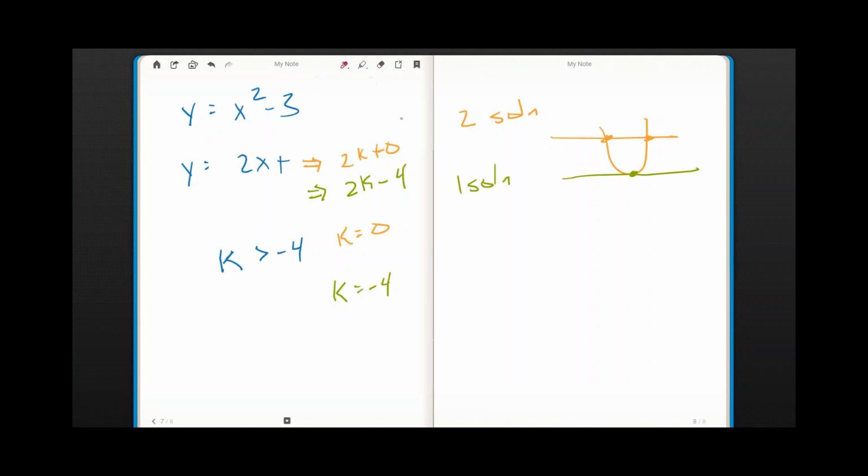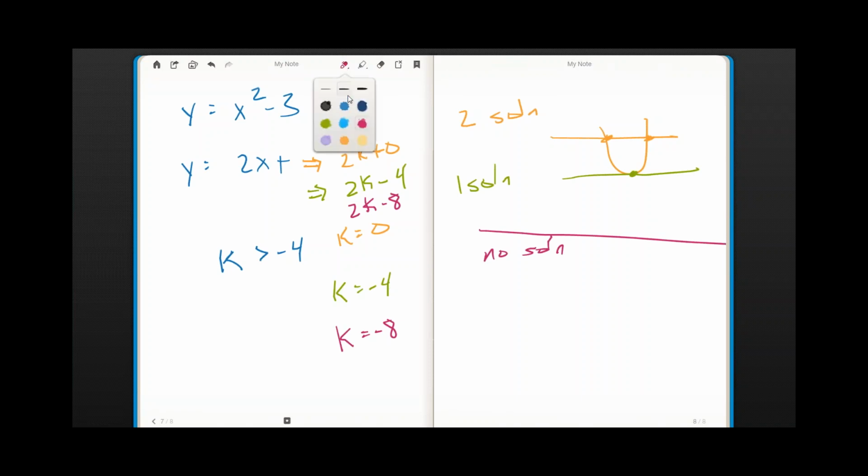And the third thing you're going to graph is let k equal -8, something less than -4. So when you put in 2k minus 8, you're going to get a line out here that has no solutions. Again, play around with it and see what it does, so you can fully grasp what it is we're doing. You are looking for this value of k